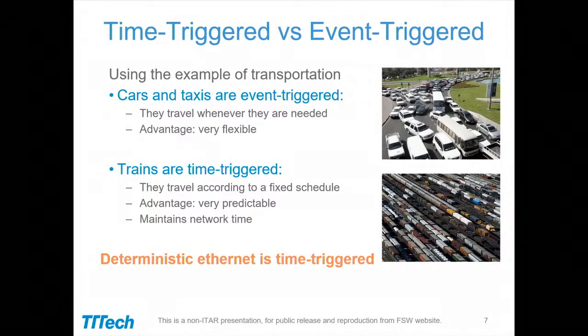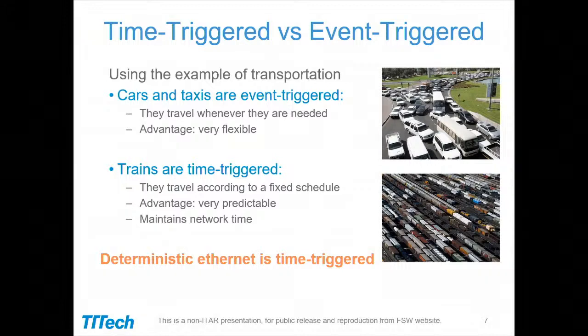So one way I find helpful to explain the concept of time-triggered Ethernet is comparing time-triggered and event-triggered in an analogy of transportation instead of data on a network. So we all know cars and taxis, and they're event-triggered because they travel whenever they're needed. You can just hop in a car and decide to go, and it goes then. So the advantage there is it's flexible. But the disadvantage of using a car is what you can see on the right. You might run into a traffic jam because maybe everyone wants to use the network at the same time, or